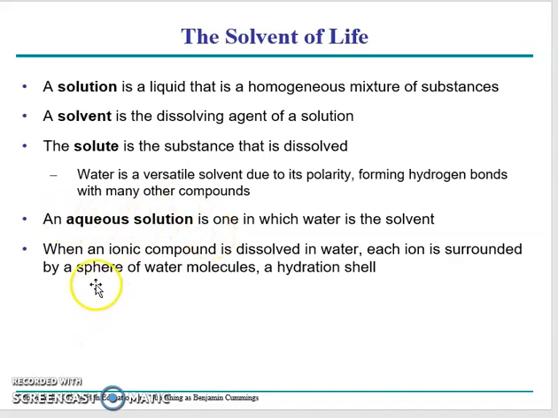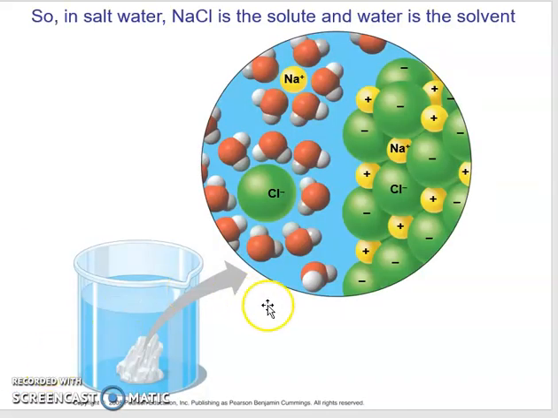Okay. I also think it's important to understand that when an ionic compound, in other words, a compound that is held together by ionic bonds, is dissolved in water, each ion is surrounded by a sphere of water molecules, which is called the hydration shell. Hopefully this makes sense to you. This over here is sodium chloride, table salt. So you have a chunk of salt in water. What's going to happen is the water, these little Mickey Mouse heads here, white ears and red face, are going to surround each one of these atoms that makes up the salt.